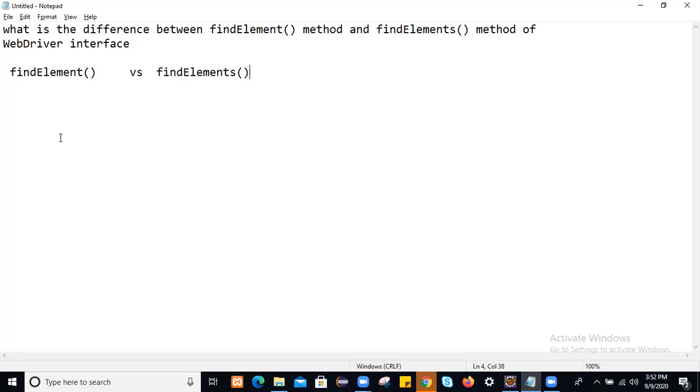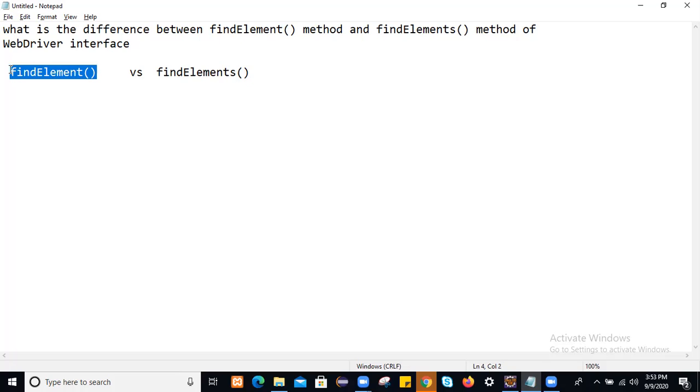When you try to interact with that particular web element, this method will return you that web element. Whereas when you try to interact with multiple web elements, this find elements method will return you a list of web elements. So what is the return type of this method?